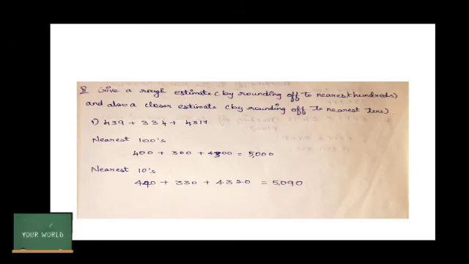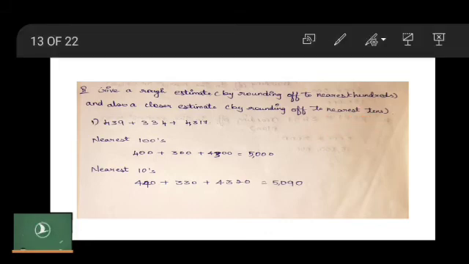Second, give a rough estimation by rounding off to the nearest hundreds, and also a closer estimate by rounding off to the nearest tens place. Now let's solve the problem. The given question is 439 plus 334 plus